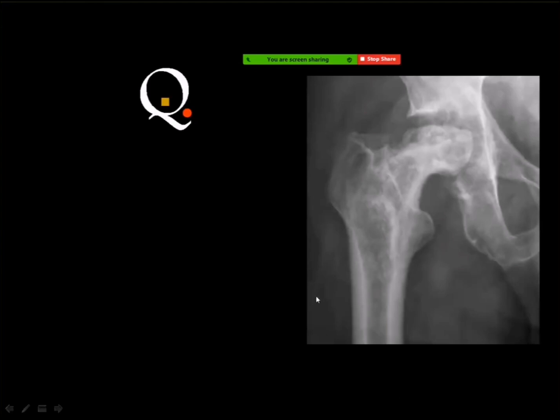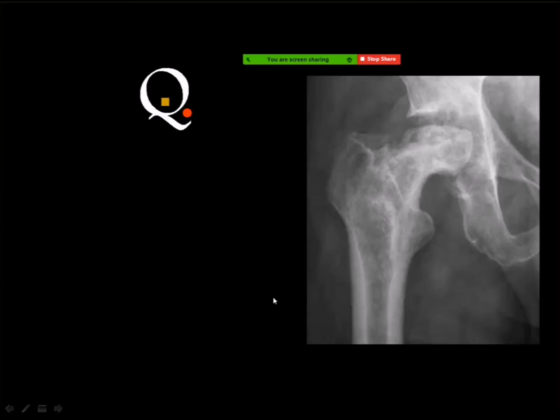The second case is a hip joint with, as you can see, a collapsed femoral head and a widened joint space, and there is some sclerotic reaction in the femoral head and the neck. What do you think? Septic arthritis or osteopathy according to the history? Okay. Then